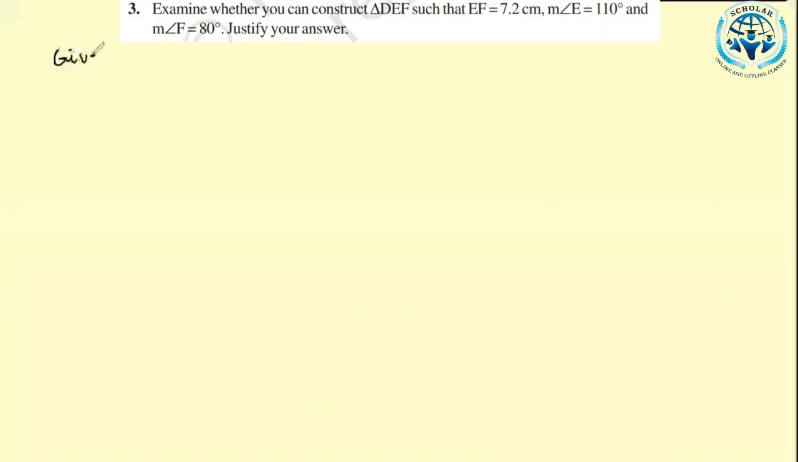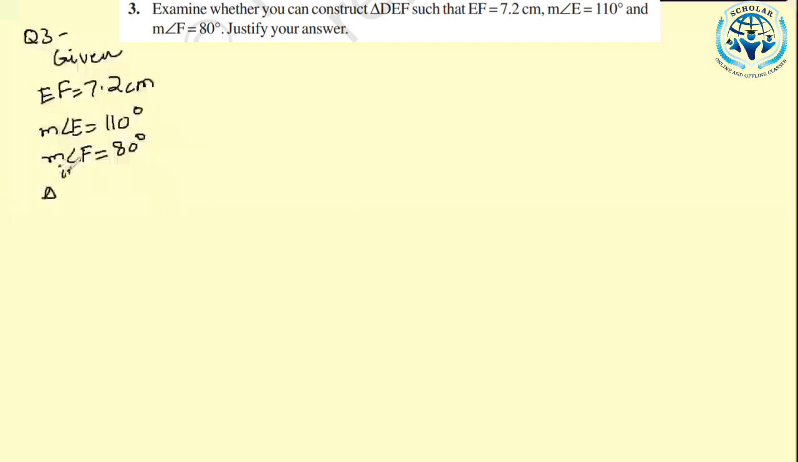Question number 3 is examine whether you can construct triangle DEF such that EF is equal to 7.2 centimeters, angle E is equal to 110 and angle F is equal to 80 degrees. Whether you are able to construct the triangle or not, we have to check. And then we have to justify our answer. Two angles are given. Angle E is equal to 110 and angle F is equal to 80 degrees. So first of all,